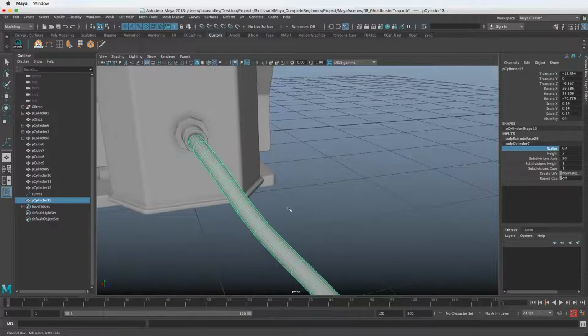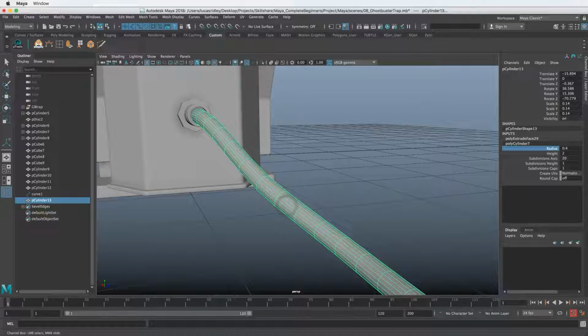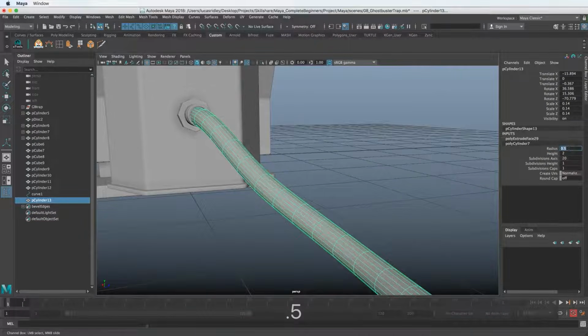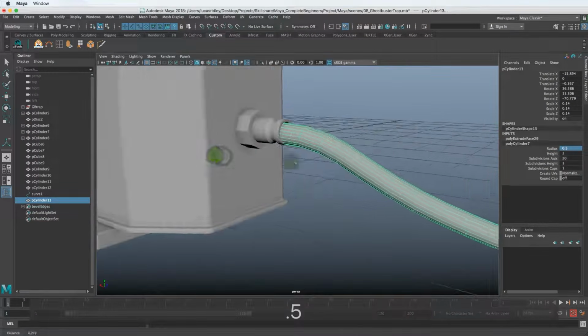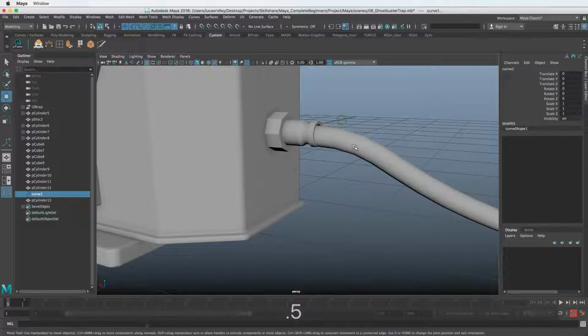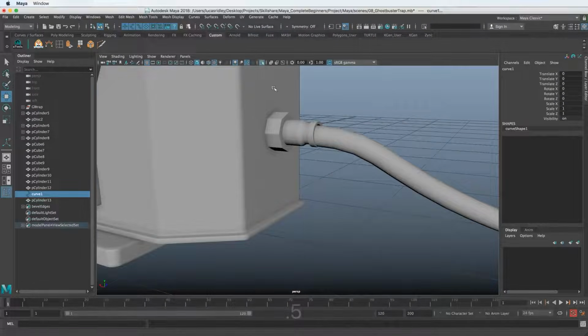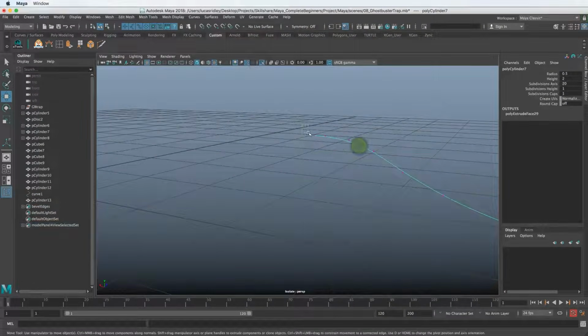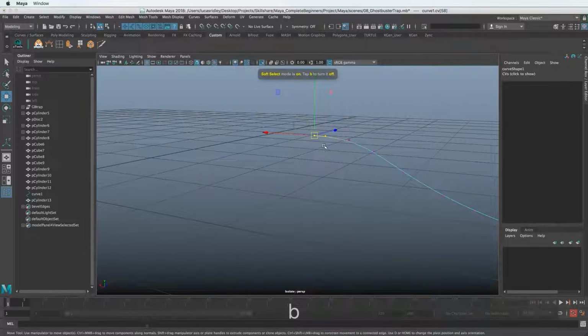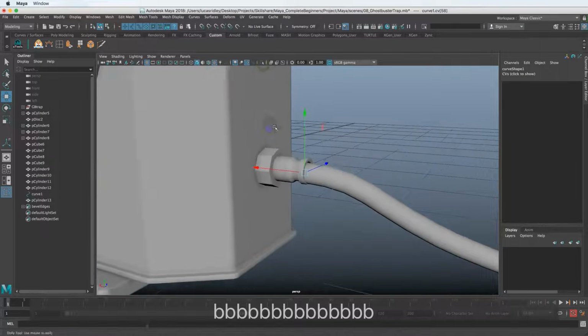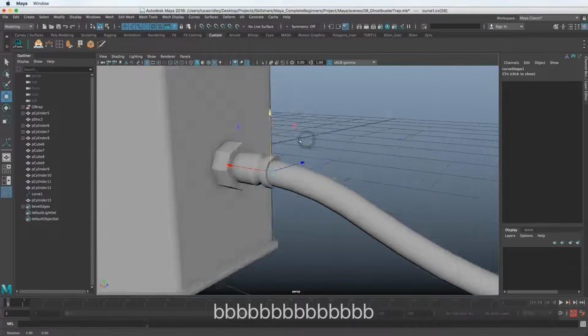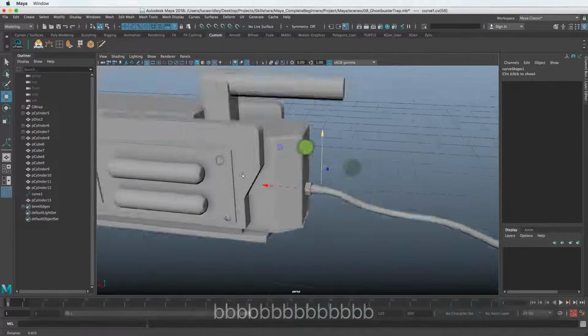Something in this neighborhood is a little closer, 0.5. Cool. And then I'll shift select the curve, isolate it, go to the control vertex, select the end one, hit B, maybe drag this out a little bit, and unisolate that, and then get that right in the center there. So there you have it.